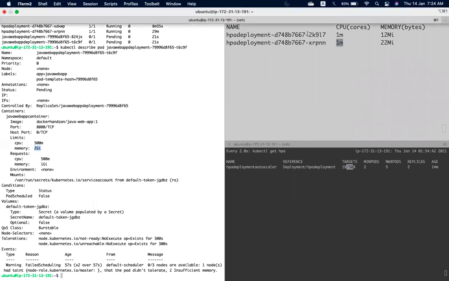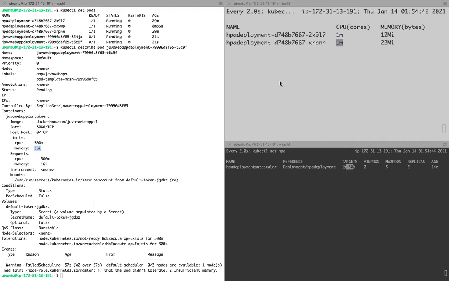If the same thing happened in a managed Kubernetes cluster and you have a cluster autoscaler deployed, what does the cluster autoscaler do? It will talk to the cloud autoscaling and increase the number of servers.